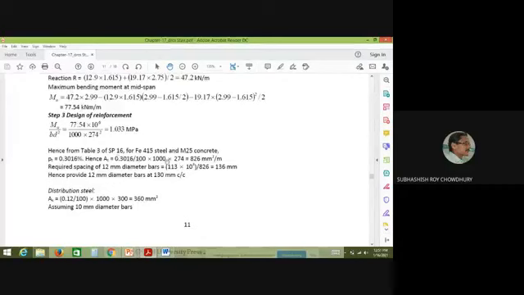Now from SP16 you may find out what will be the steel required. There is also a formula, a quadratic equation, from which you may find out the area of steel. It is probably discussed in your earlier classes. It is available in IS 456 also. So following that formula, or using SP16, you may find out Ast. So Ast is 826 millimeter square per meter width we are considering.